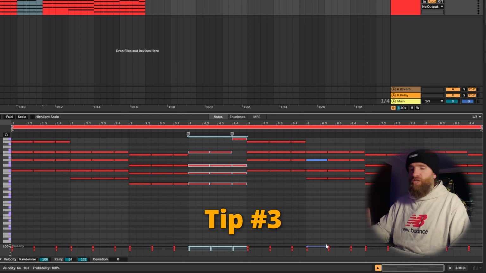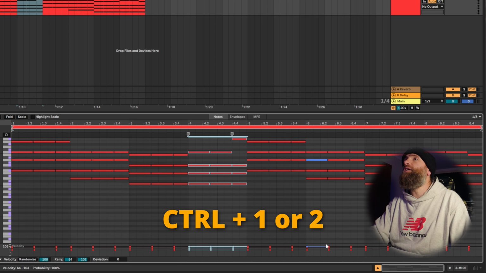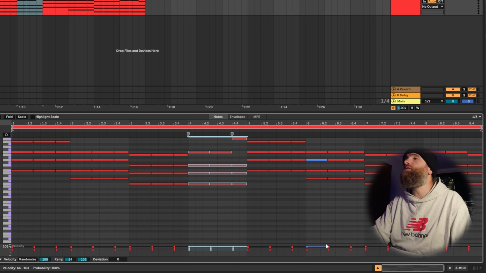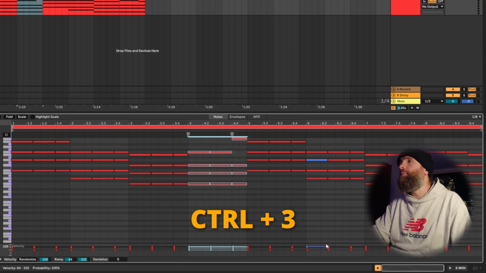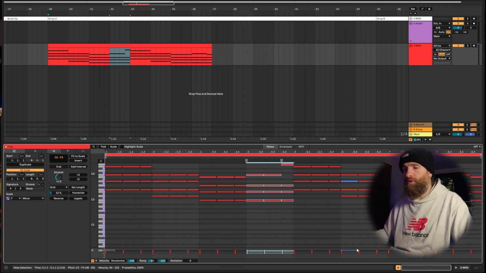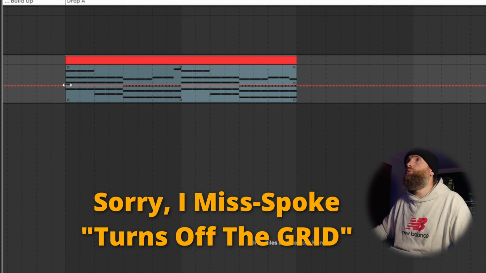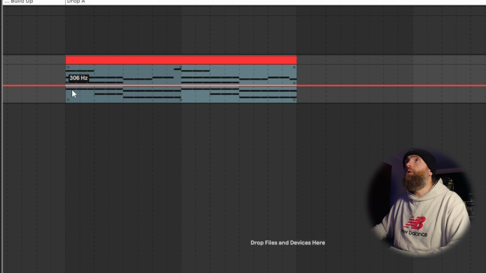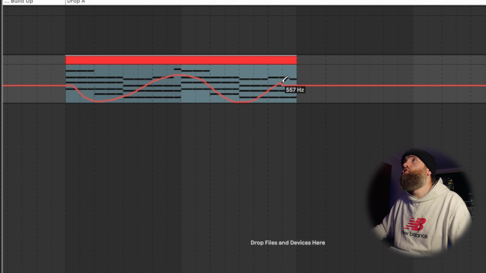Tip 3, to change the grid size, Control 1 to go smaller and 2 for bigger. So Control and 1, smaller, 2, bigger. If we go 3, that brings you into triplets, and then 4 toggles the grid on and off. Now that brings us into tip 4. By turning off the grid, you can draw smooth automation. So Control 4 turns off the grid, and we go into B, and then that lets you draw